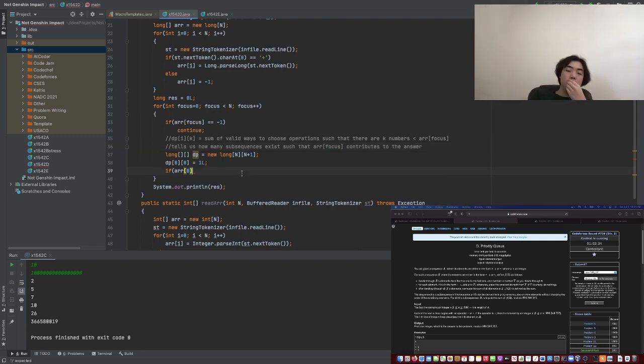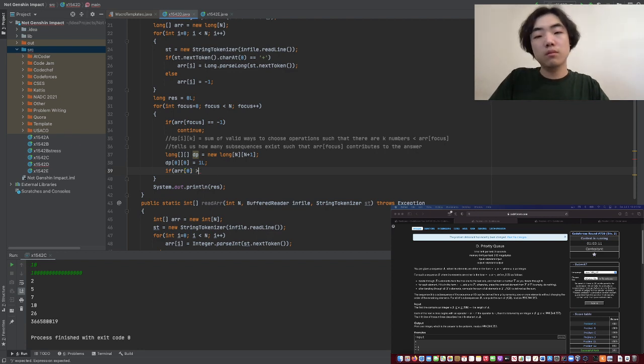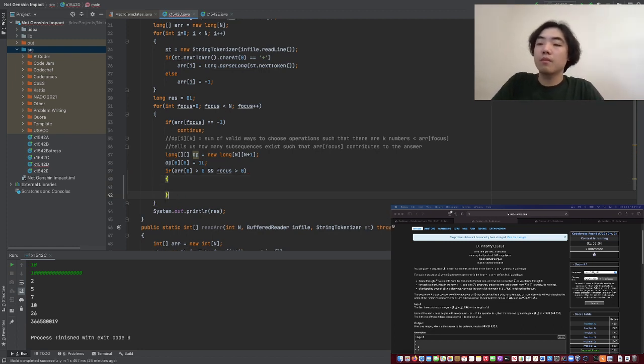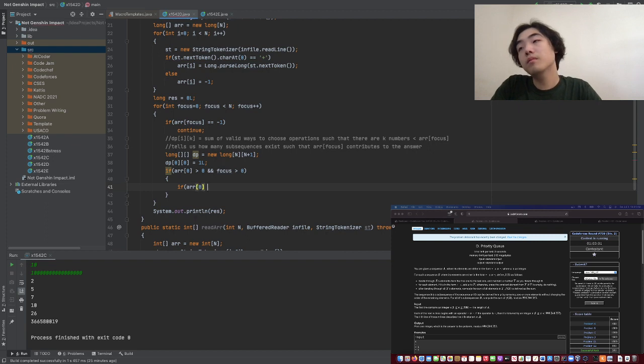Yeah, the implementation is kind of weird. But then if we take, if it's less than or equal to focus at, now if we take the element itself,